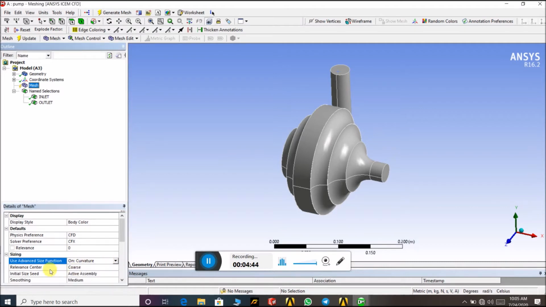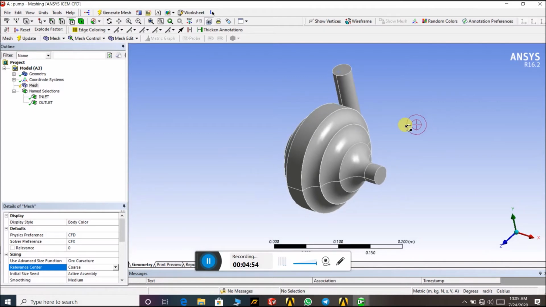Then we set the relevance center to fine meshing, fine mesh. With the help of this you can remove all kinds of problems in the meshing. But here we apply just use advanced size function.